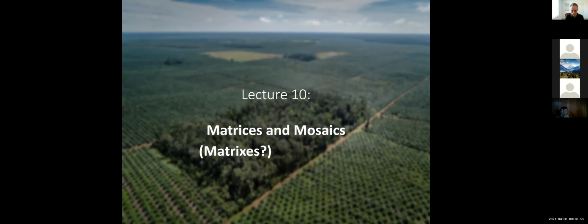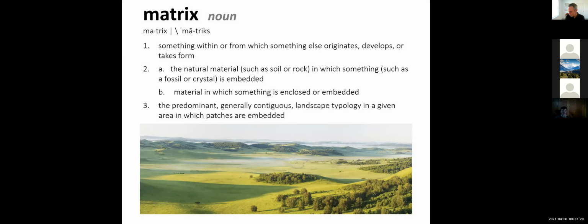By the way, when I was looking this up, I know matrices sounds like kind of an awkward word, but I looked it up in the dictionary. Apparently matrixes is also correct, so you can use either one. I've always heard it as matrices, so it's up to you, whichever word you prefer. In order to avoid any confusion though, we will just stick to the singular for now, matrix.